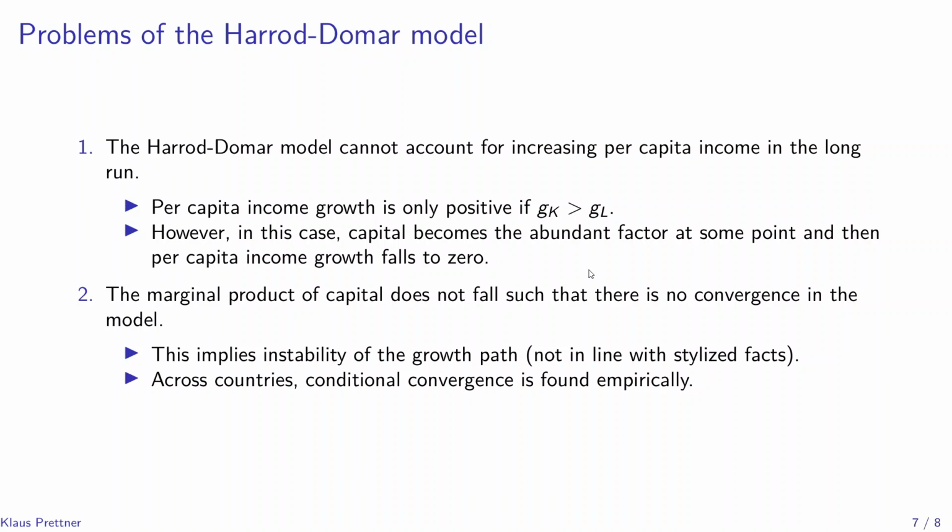But if this is the case, then by implication, at some point capital has to become the abundant factor. And from this point onwards, the per capita income growth rate would be zero, and there wouldn't be any long-run economic growth anymore. The second point is that the marginal product of capital does not change with the accumulation of